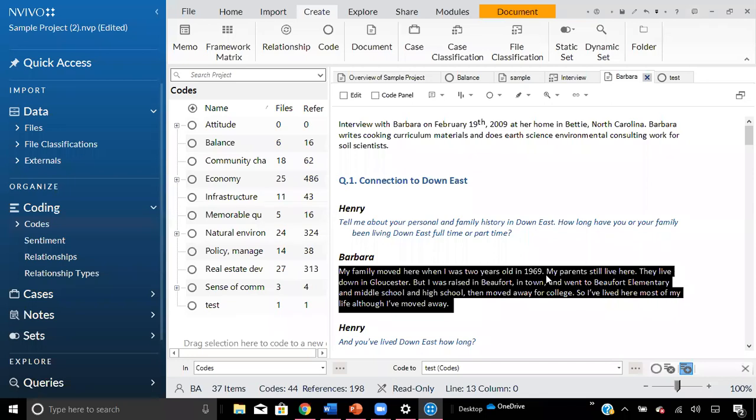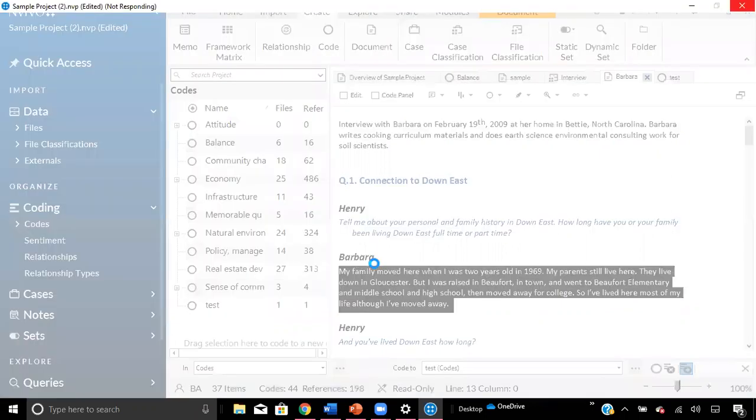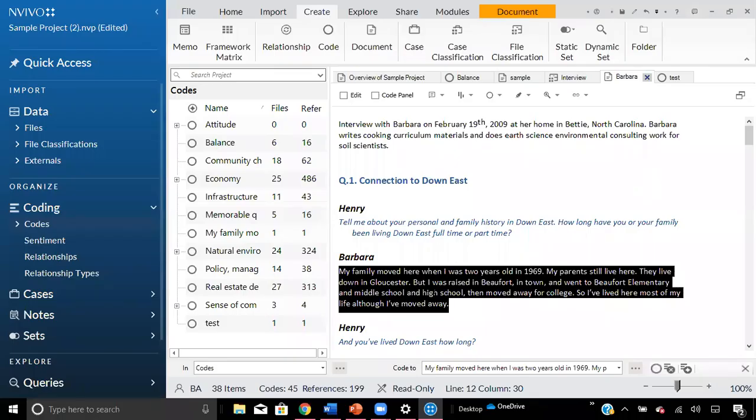And then the last way to code data is to drag and drop it. So once you've highlighted it, you can just drag and drop into the test code or any of the other codes.